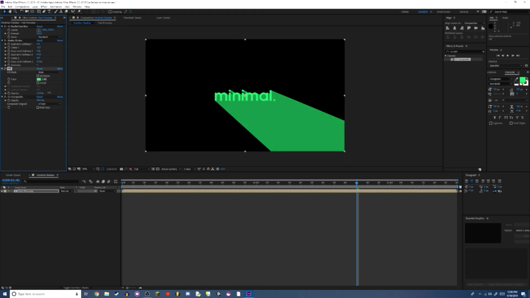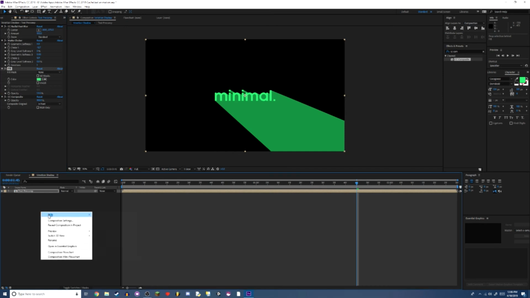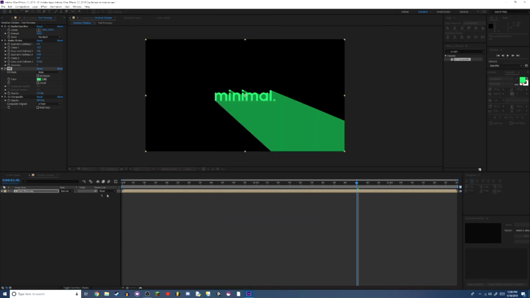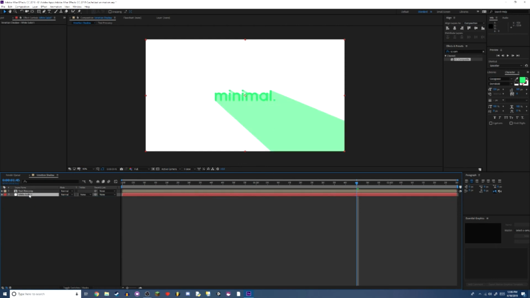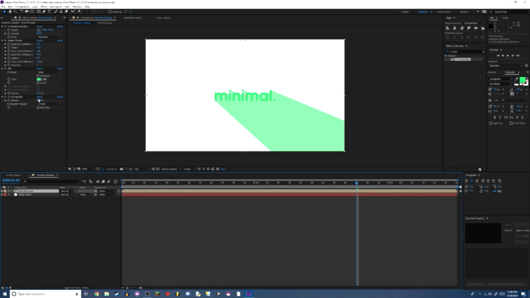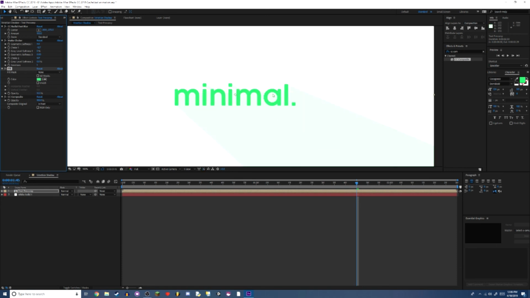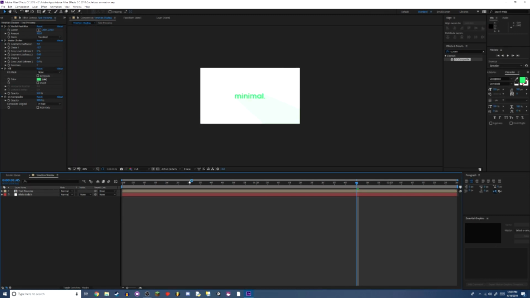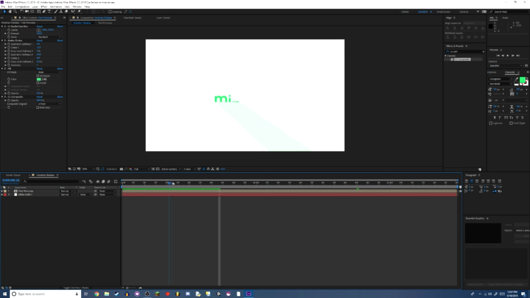It doesn't look great on a black background, so I'm going to just make a white solid real quick. And this looks a lot better. So you can turn the opacity down to whatever you want, up, etc. You can change the color, you can do whatever you need to do. Alright, well I like this effect a lot, a nice drop shadow. It doesn't have too long of a render time either, so you can render the preview relatively quickly. But that's